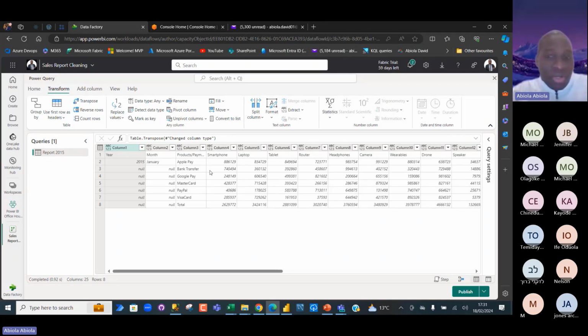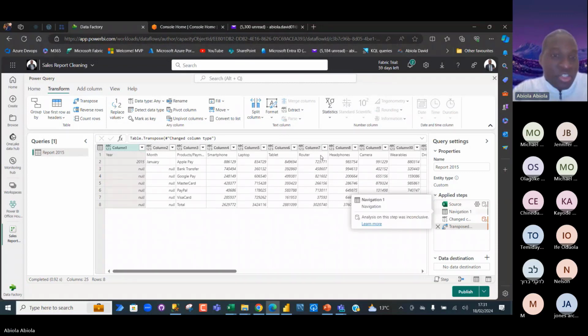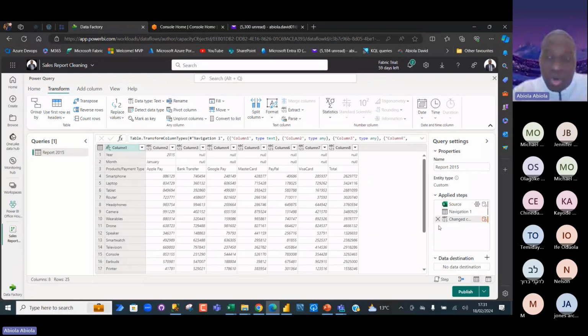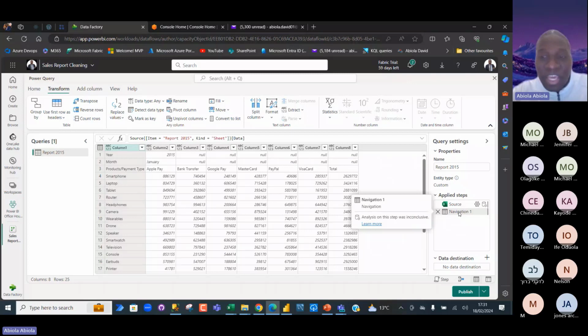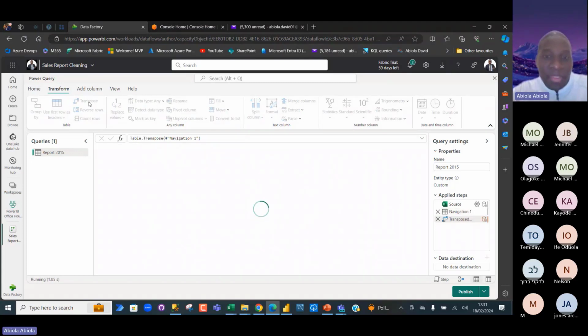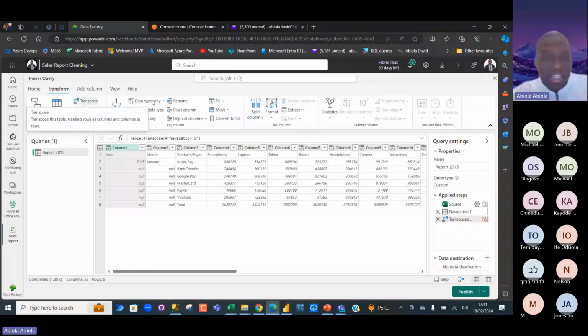So now, basically, before I do that, I'm going to go back. I can come to this query settings here, and then we have the applied steps, so it can always go back or go forward. So what I'm going to do is, this is not going to work. I'm going to actually cancel this step. So you can always go back to previous steps. So I'm going to even clear this change type. And then we want to actually start from the navigation one. So in the navigation one, I can see the non-data type specified. So I can go on and transpose again. Okay, I think this is much better than what we had initially.